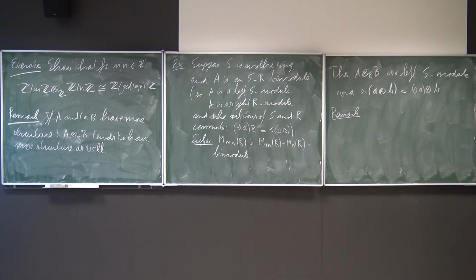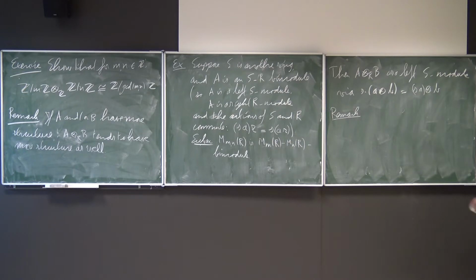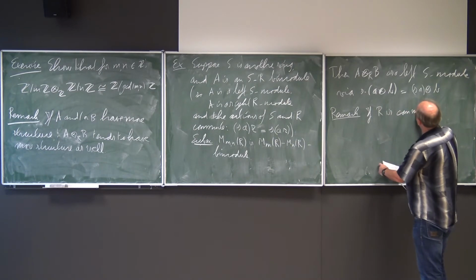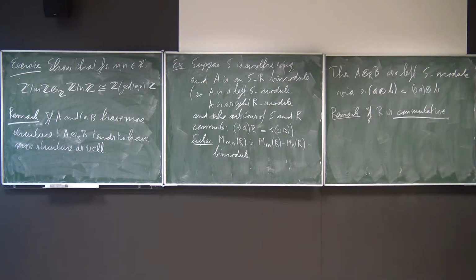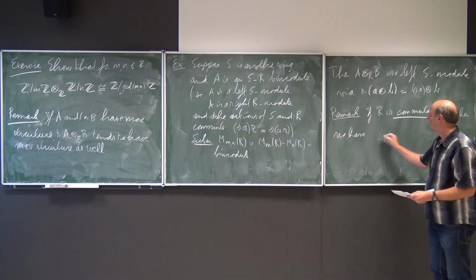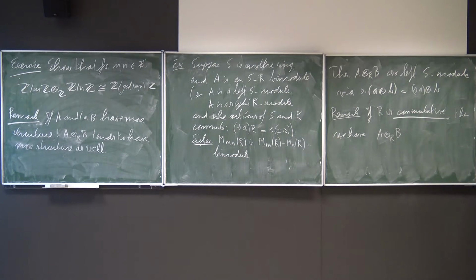Because if you look in many books, they don't define tensor products of arbitrary rings. They tend to assume that the ring is commutative. And they usually then write down a slightly different construction. So let me give that and tell you what the relation is. So if R is commutative, then we also have that this A tensor_R B, the construction I've given before, I can in this case start